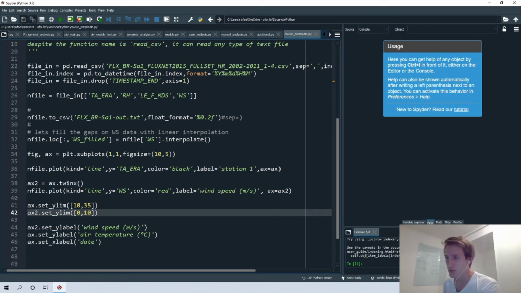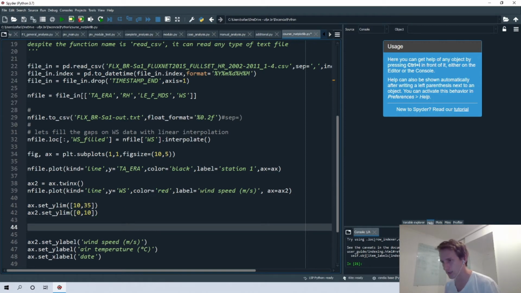And also we must change the location of the legend. So here we can specify the legend for the air temperature. So x.legend, we can change the location of that legend.